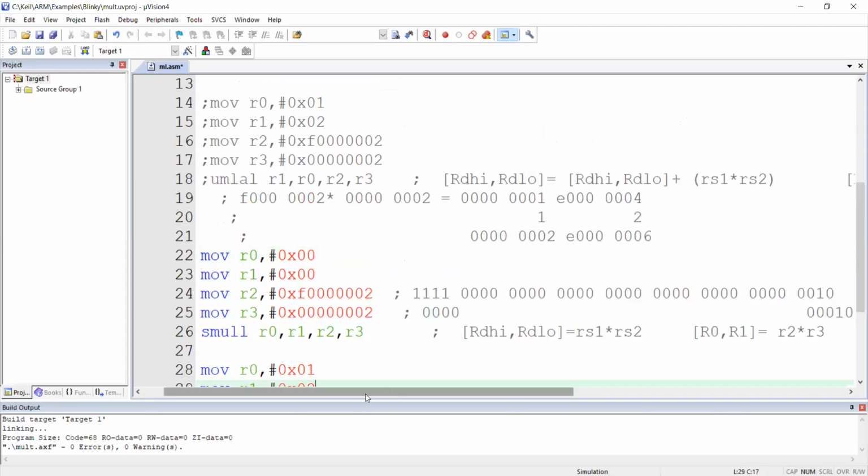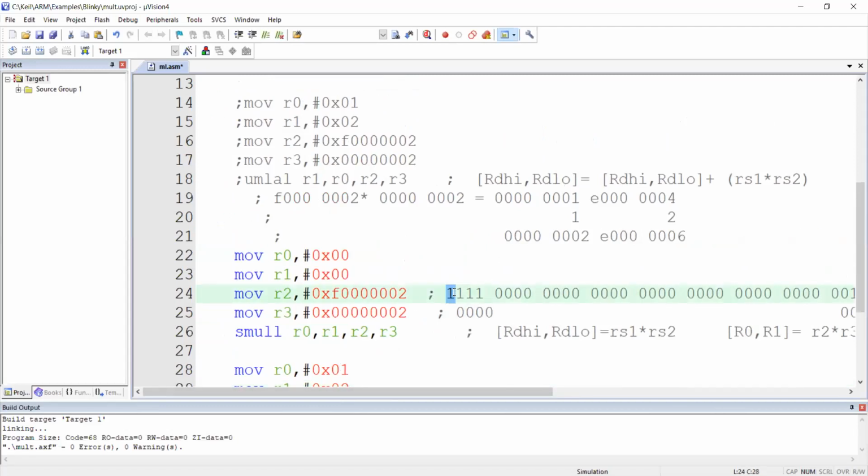So see this now, important. If a number's MSB is high, what should we understand? If a number's MSB is high, what should we think? Reply in the chat box. Whether the number is positive or negative. Yes, signed. If MSB is 0, it is a positive number. If MSB is 1, it is a negative number. So hence, what will this be treated as? Minus of something. Okay, minus of something.